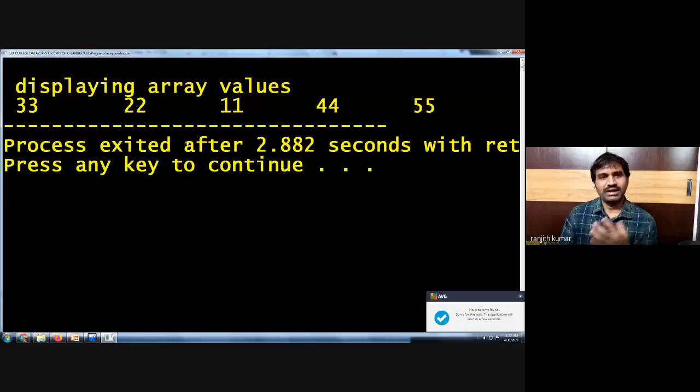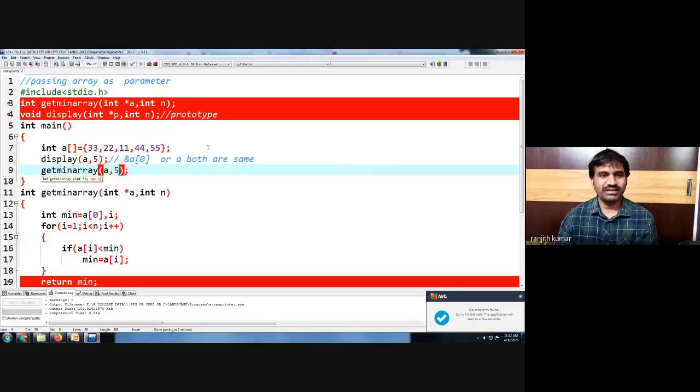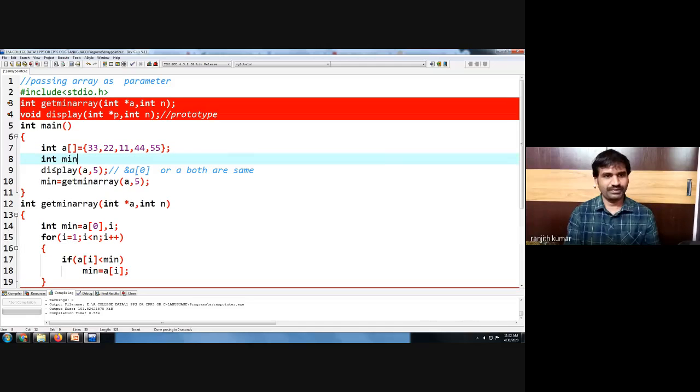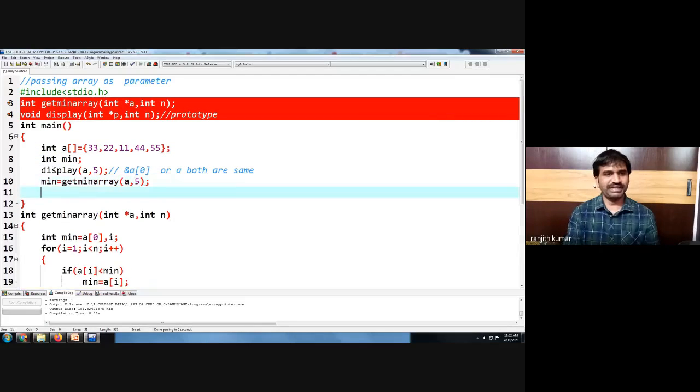We get the same output, because we are not storing the minimum value here. So min is equal to get min array, and let us print here: printf minimum of the array is equal to percent d, comma min.